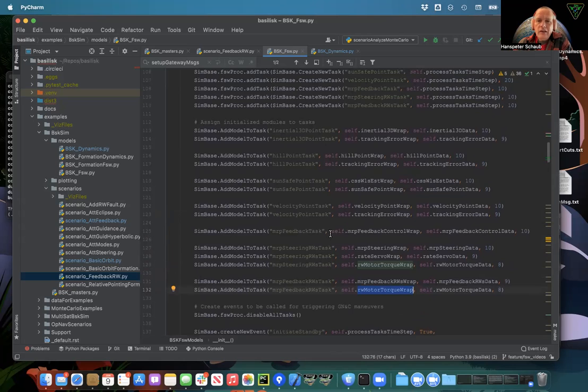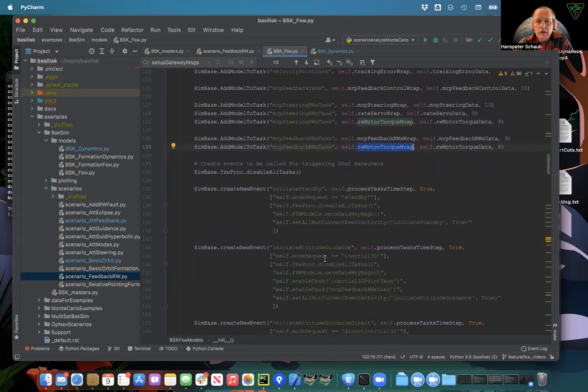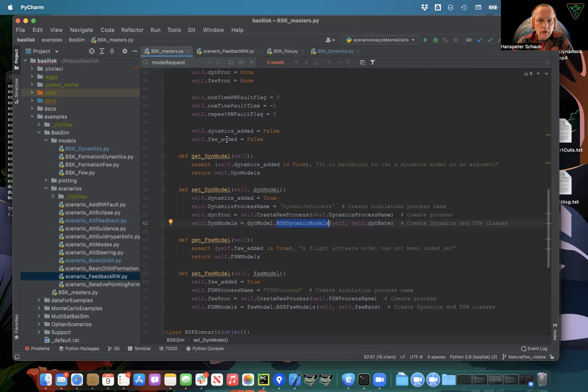So now we have a lot of tasks created. Not all of them should be running at the same time. So the first thing we do now is, by default, on construction, we're turning everything off. Disable all tasks. So on a process, there's this call. This is from simulationBaseClass. There is a method called disable all tasks, and so from the simulation base, which is our main simulation architecture, the flight software process, right? That was